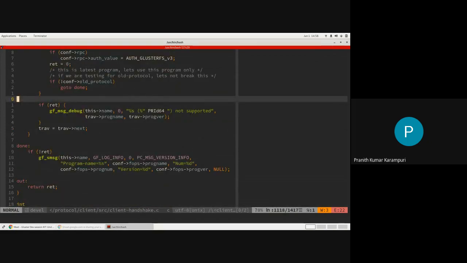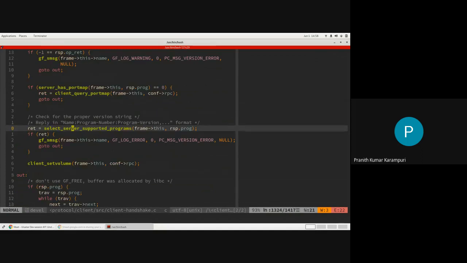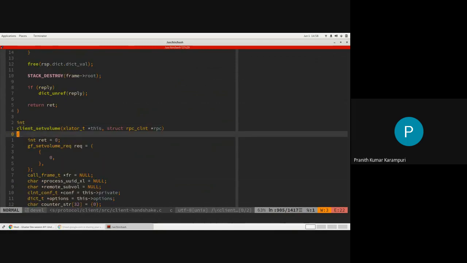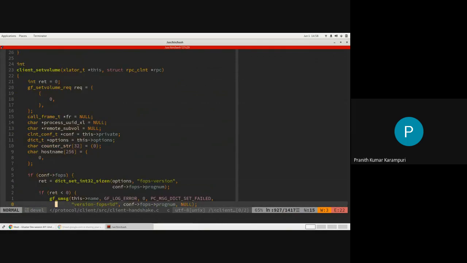Once it sets these up, it will do a set volume on the appropriate program. Set volume is an RPC. If this succeeds, you have resources allocated on the server to do any of the operations that you want to do on this transport. So that's this client translator. That's what set volume means.